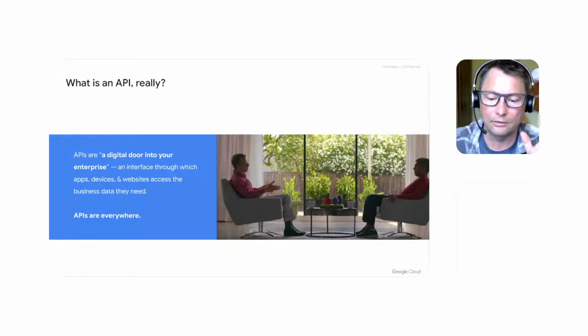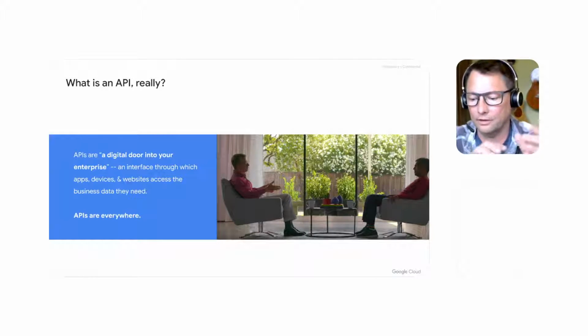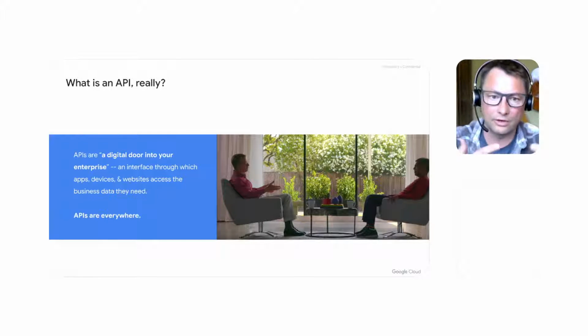So what is an API really? I think an API is often described by us as a doorway into your enterprise. And I think that's true, but I think an API is a lot more than that. An API is also the doors between different organizations in your enterprise, and the doors between different departments, remote controllable doors, doors into your canteen. They're absolutely everywhere, and they're a fundamental part of how we parcel up and distribute different types of teams and